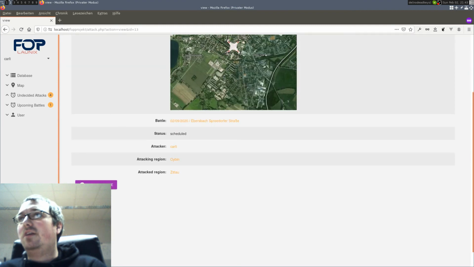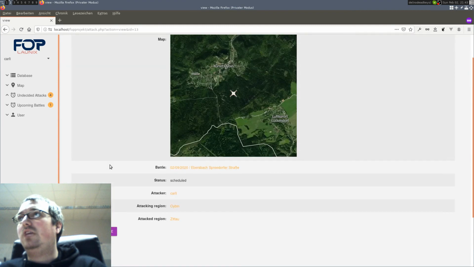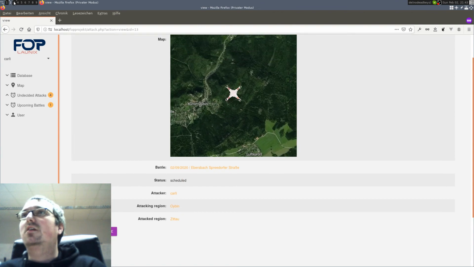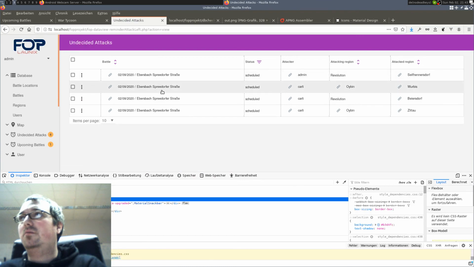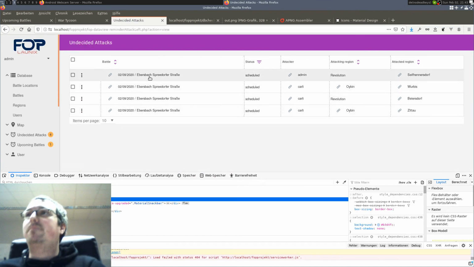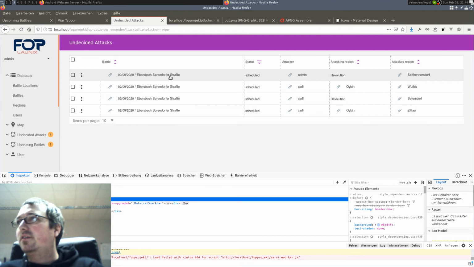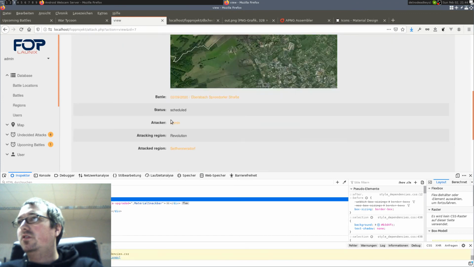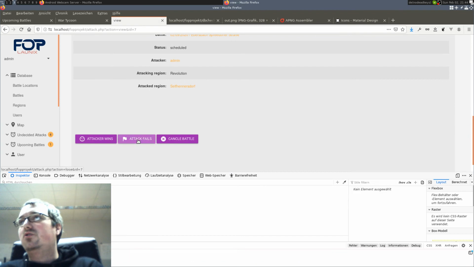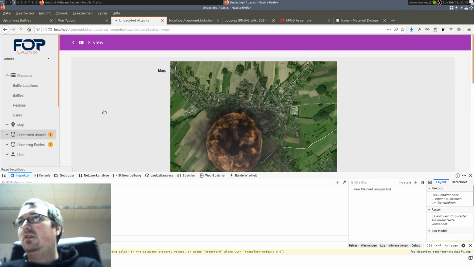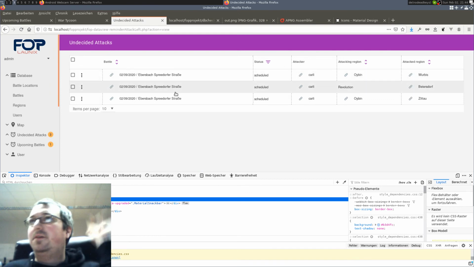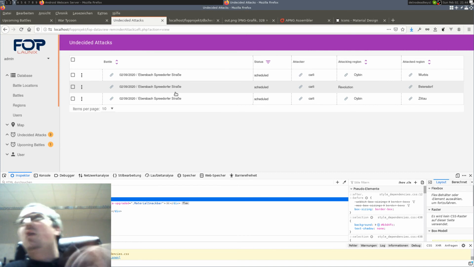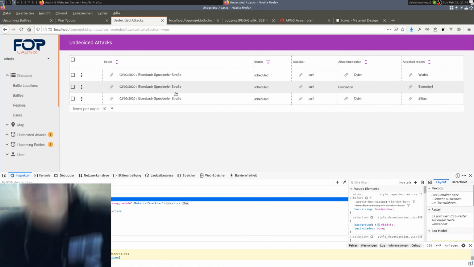Yes, I as the owner can only cancel the battle, and the event manager can like decide it. So the revolution in Seifernersdorf should fail. Now we have 3 undecided attacks, and this way we can go through all the battles that have to be fought. So now we have to test